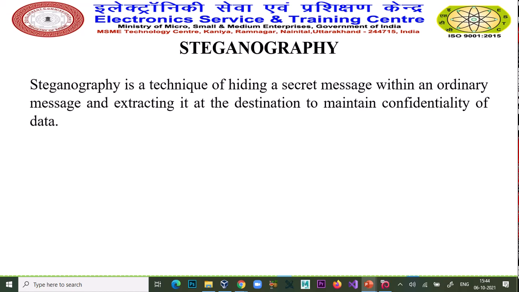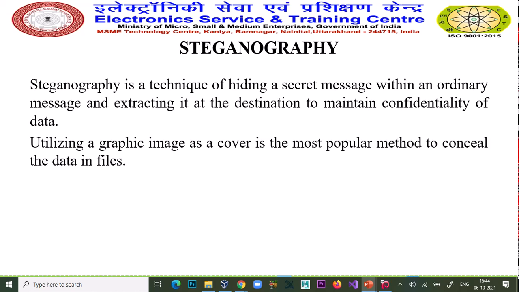So what is steganography? Steganography is a technique of hiding a secret message within an ordinary message and extracting it at the destination to maintain confidentiality of the data. Mean to say, you can hide your message behind any picture, audio, video, and send it to your destination. So steganography is a technique to hide your secret information.